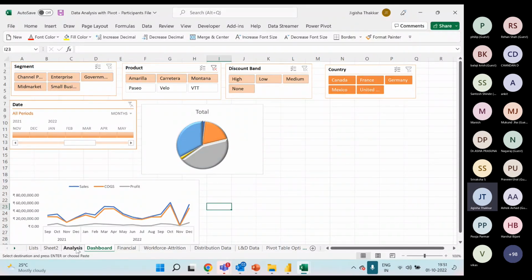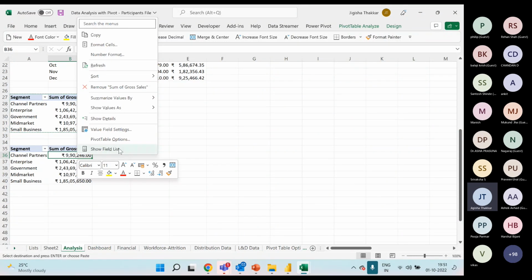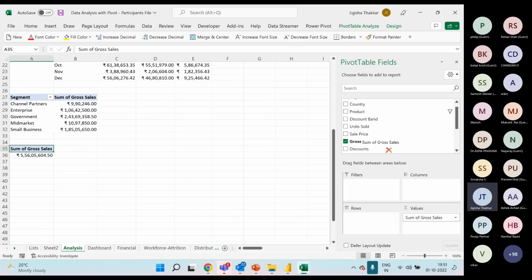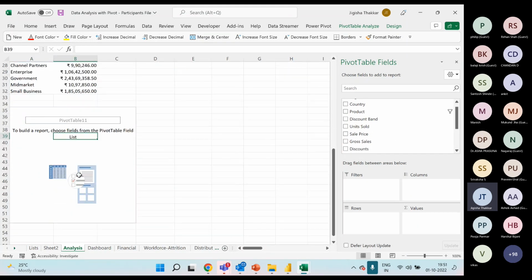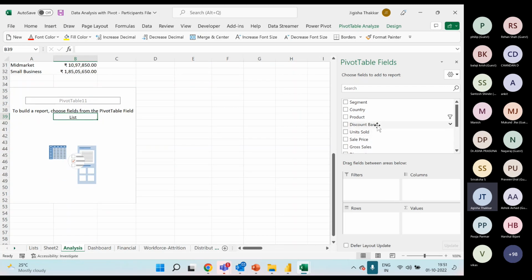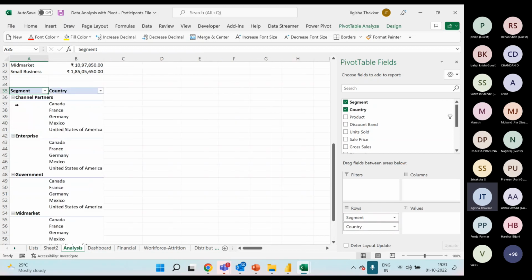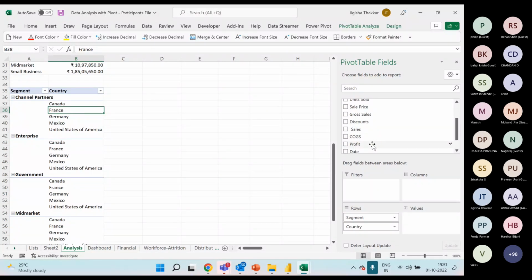Okay, so let me show you what I was telling you, which I think is very important for pivot tables. Show field list. I'm just removing this segment as well as sum of gross sales. This is a blank pivot table that we have got. Let's say I want to do segment wise, country wise. So I have now segment and country, and I don't want sales, cost of goods sold, profit, everything. But what I want is that I want to see the profits